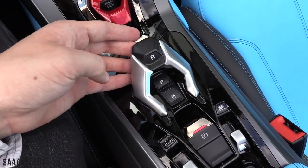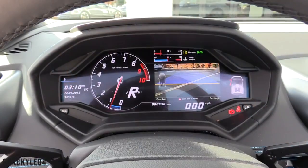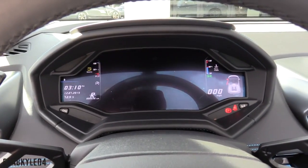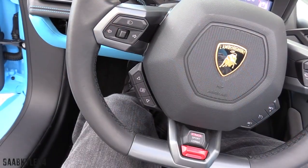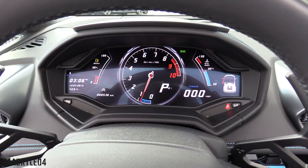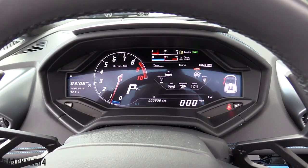There are front and rear parking sensors along with a standard backup camera that shows up in the new reconfigurable 12.3-inch digital instrument cluster. It allows you to go between a full speedometer or tachometer, the infotainment system, or a combination of the two. You go between the display modes by a small bank of buttons to the bottom left of the steering wheel. At the rear, a standard mechanical limited slip differential allows for more fine-tuning of torque transfer and greater traction. Launch control